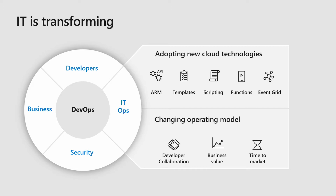And the main thing we've seen in the transition for customers is most customers are starting to think about how do we actually author our compliance in a declarative way that you can check in all of your compliance requirements, so the application teams can inherit those as they start to deploy their resources out. And so the key technologies we have around that are Azure Resource Manager templates, because that gives you the ability to describe everything, how you want your applications deployed, and then Azure Policy also gives you the ability